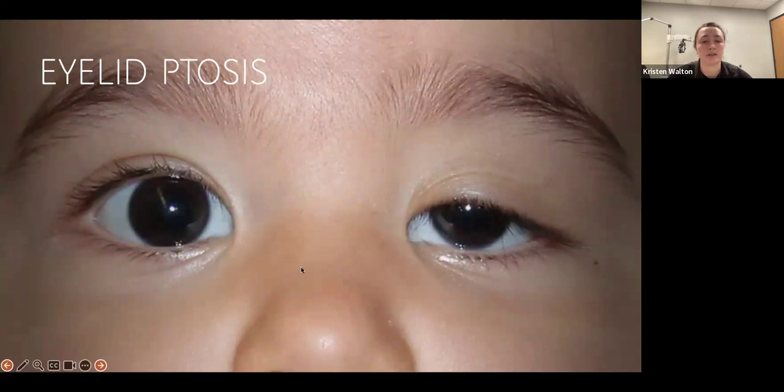So if you've heard of the MRD reflex, that's in relation to the light reflex right in the center of the pupil. I don't know if you guys can see my mouse on the screen or not. On the left-hand side here, in their right eye, you can see the reflex is nice and centered. The lid is really tall and away from that reflex. If you go to the other eye, you can see that eyelid is a lot closer. So measuring that difference is something you'd see documented in an evaluation of what we want to do in this situation. Some things to note with that, in evaluations for oculoplastic surgery on how we want to intervene,